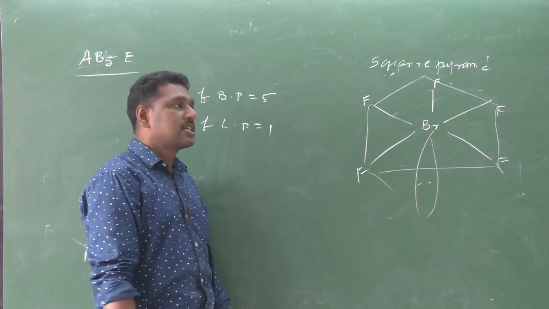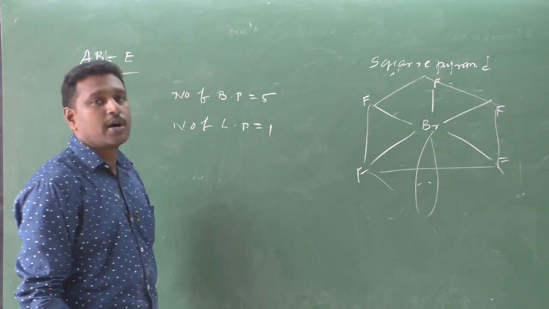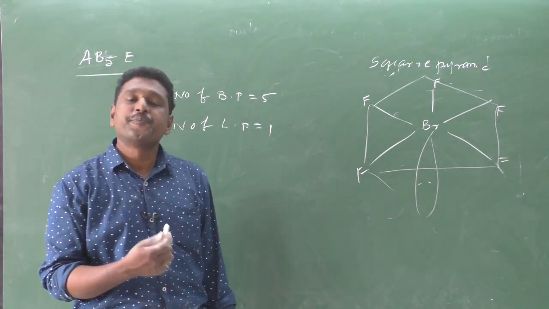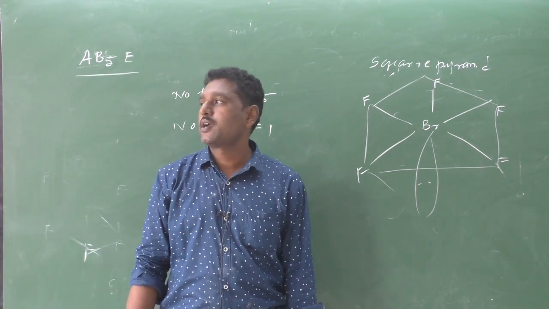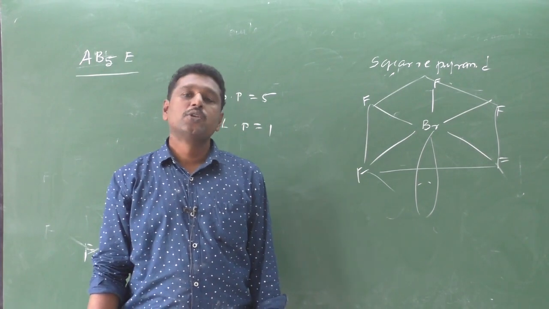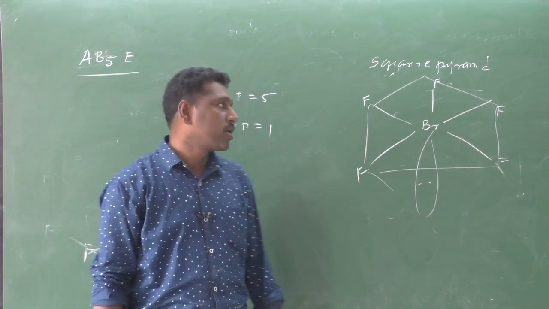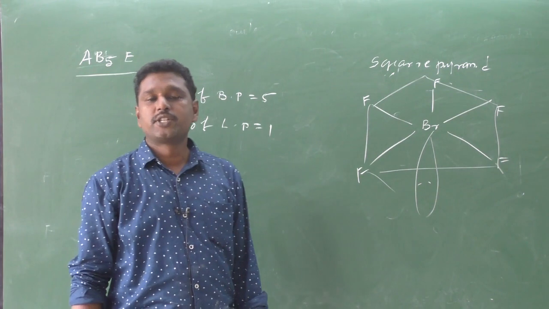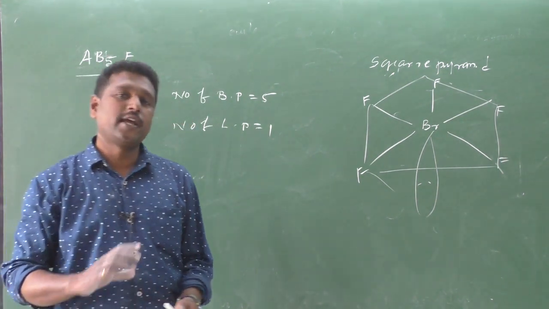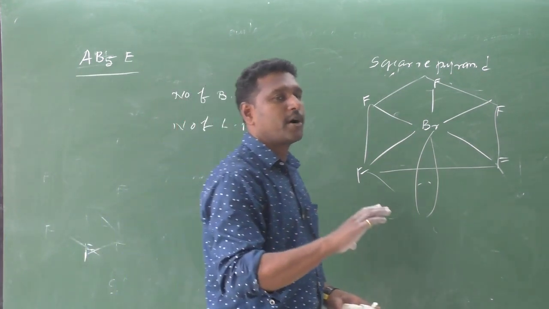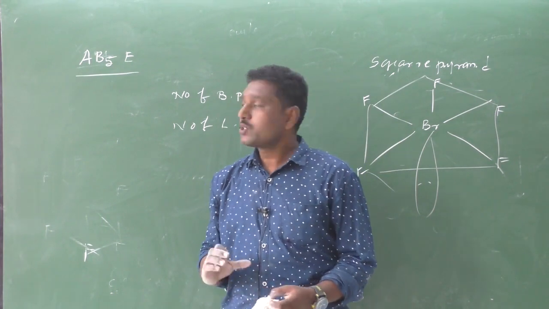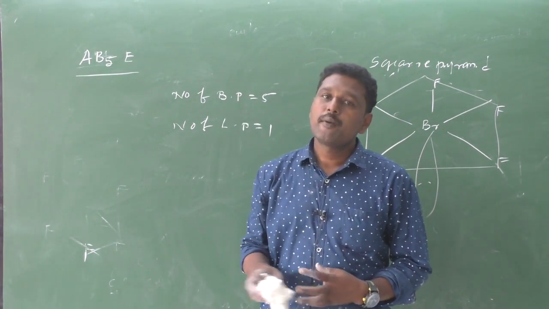So these are the exceptional cases of the shapes of the molecules. If 4 bond pairs are there, the regular structure is tetrahedron. So this is about the shapes of the molecules based on VSEPR theory. We have considered the number of lone pairs and the number of bond pairs in all these.